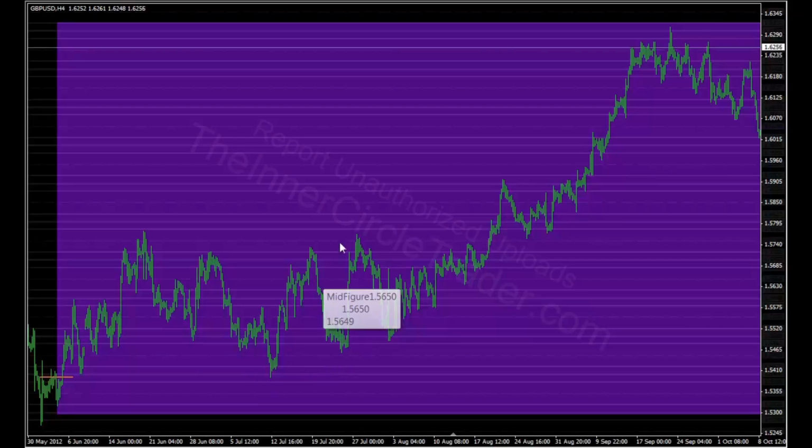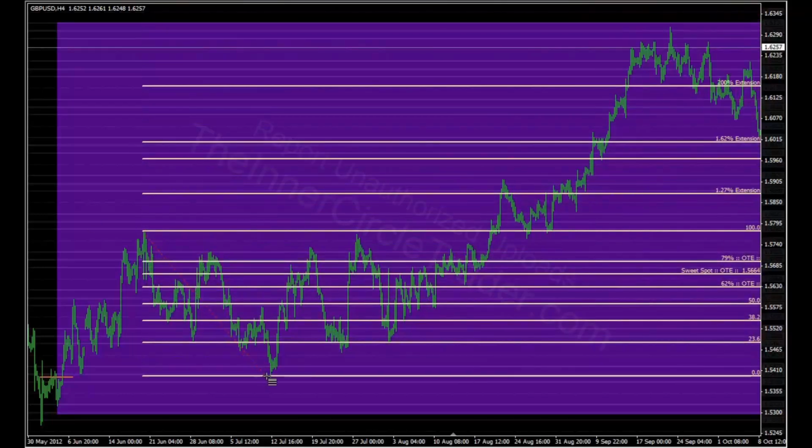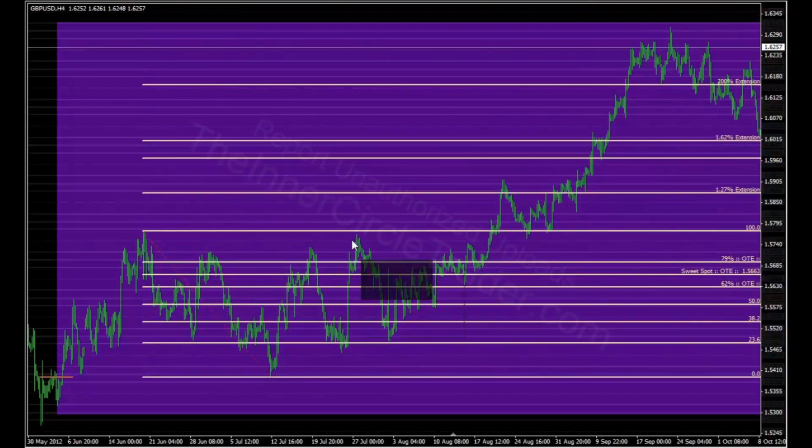So now we know that we have a possible market structure to imply at least a low to the high in this market structure here. So we have this range from this low to this high. Now it could have been the high that's formed over here, if this high was higher, and that would have been a reference point I would use for what I'm about to do. Taking the high down to that low, at some point when this high is taken out, again here,